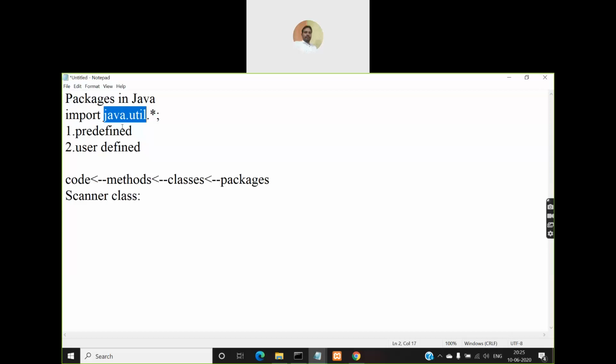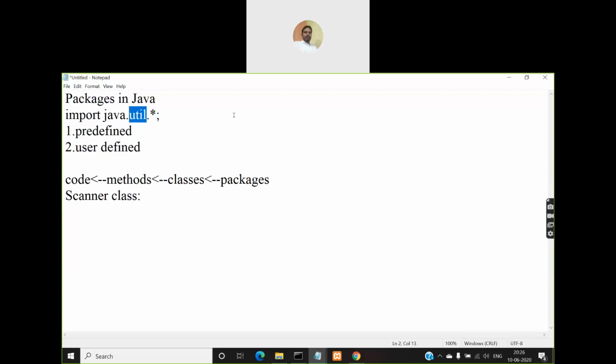So how to import that package? Using a keyword called import, give a space, followed by the package name java.util. After that you give a dot symbol and write a star, which indicates that all the classes that are defined in this util package will be automatically imported into your current Java program.